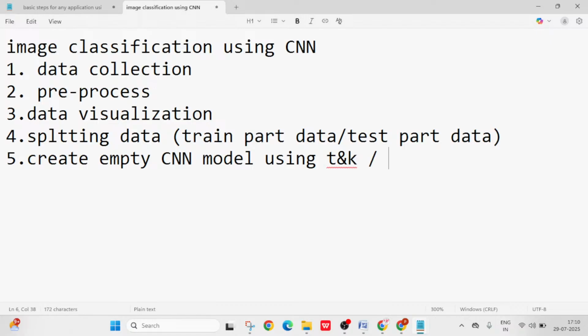Otherwise, we can use the PyTorch library, anything we can take. So that is a requirement, we have to take it. Coming to the next step, after completion of the creation of the model, then what we have to do is apply